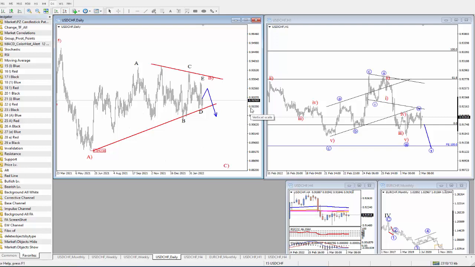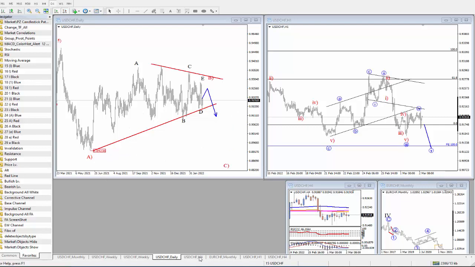So Swiss could do very well, or at least stay sideways, not really bearish that much compared to other currencies, if stocks would come back to the downside. So what I'm looking at here is an ongoing consolidation. Not really a bear trend here, but I think we should be aware of potential weakness if stocks also go to the downside, and at the same time if we see dollar Swiss breaking this swing low at around 91.50, then this could open room even for a retest of these June 2021 levels.